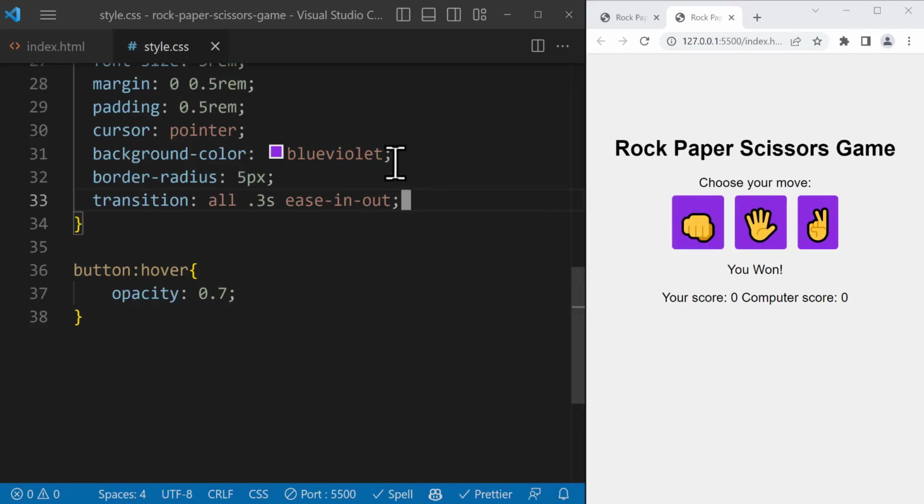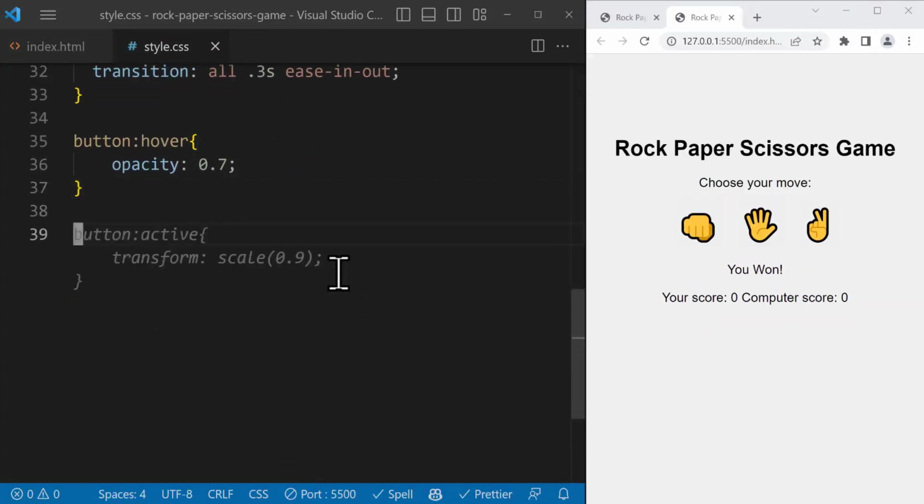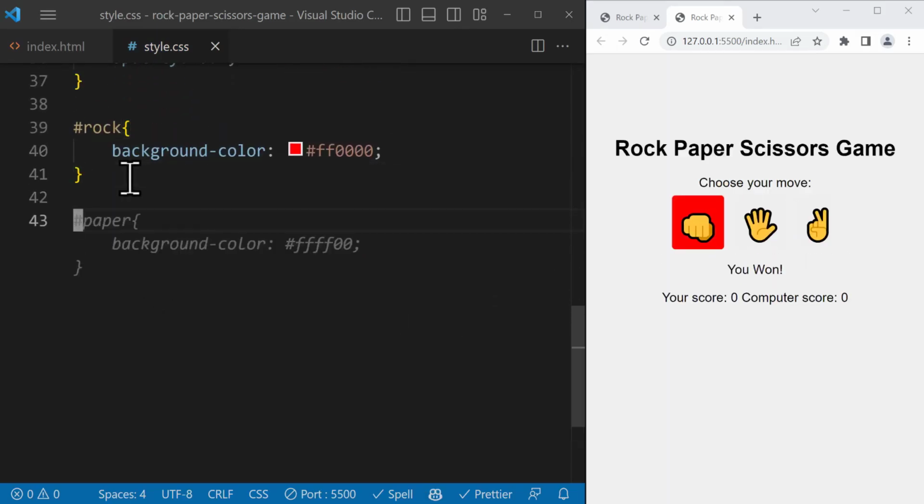Now we are going to remove this single background color. Now I want to assign a different background color to each of these buttons. Next, let's target the rock button specifically and change its background color to red, which looks good, and then we will move on to style the paper button. Let's use blue for the paper button, which has the hex code 296F3, and then we'll give the scissors button